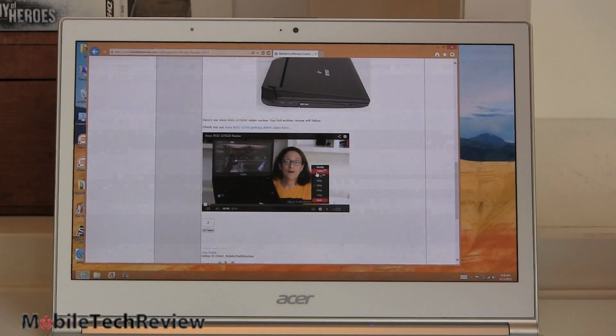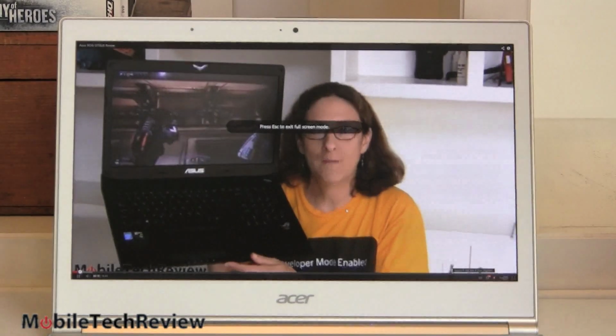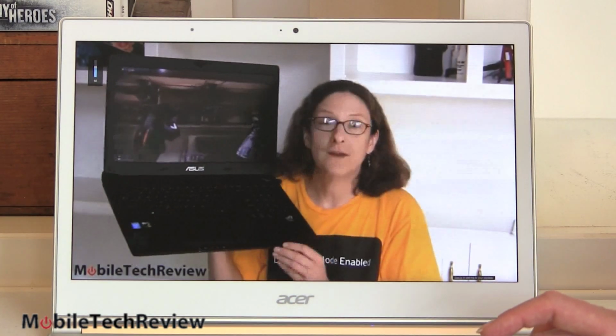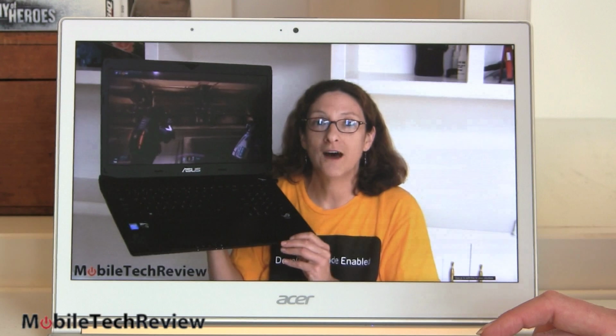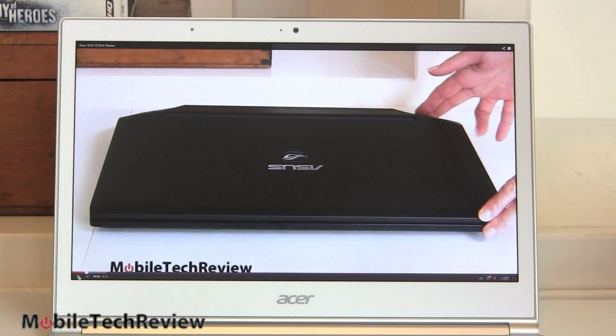This is Lisa from Mobile Tech Review, and today we're going to look at a cool gaming laptop. This is the Asus Republic of Gamers G750JX. This is the version with the NVIDIA GTX 770M, new Haswell quad-core inside, big 17.3-inch display. We're going to look at it now. So this is the latest iteration of the...